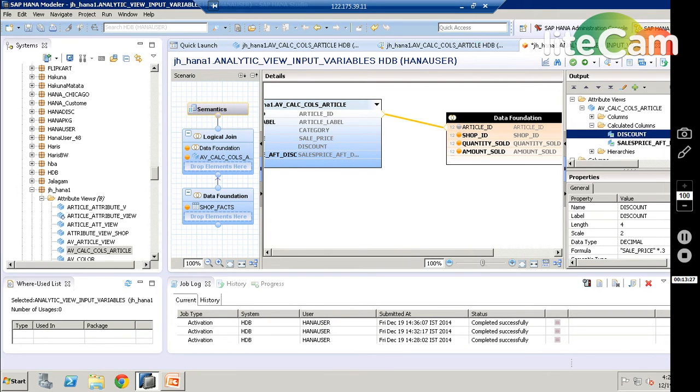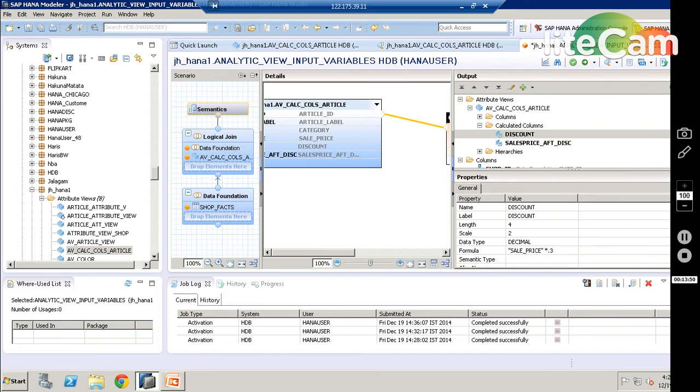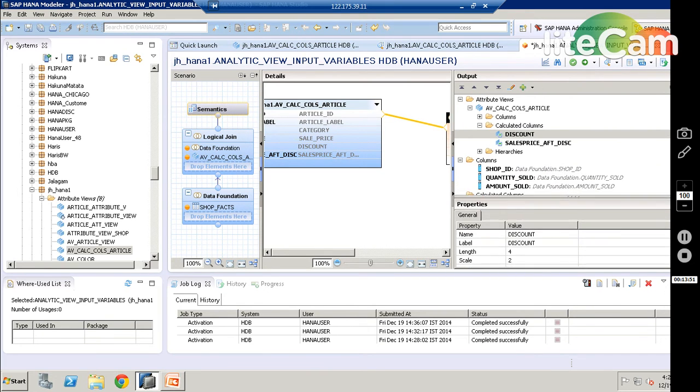So you have old discount here, but you should go and do a new discount. Now you have created an input parameter. Is it available in this output? Oh, sorry, we have not yet created the calculated column. It is a new input parameter.